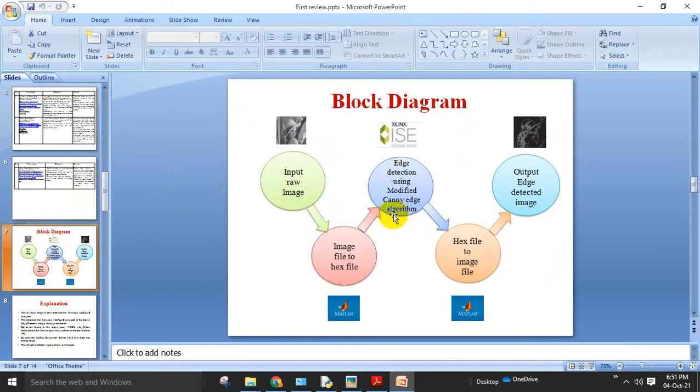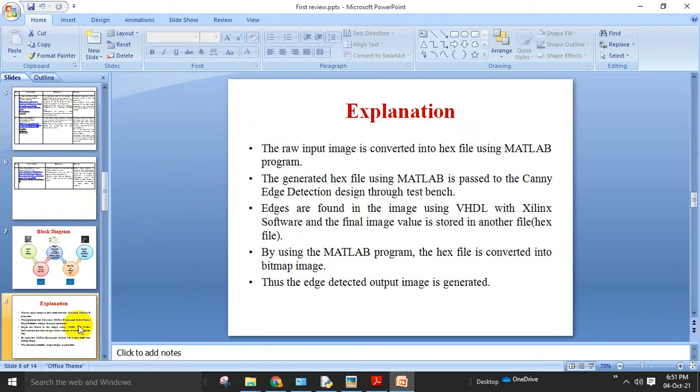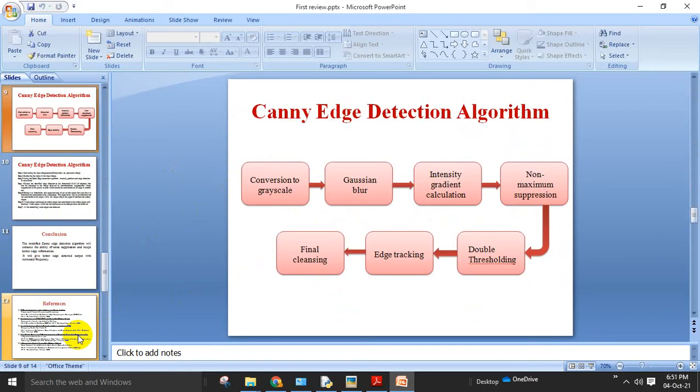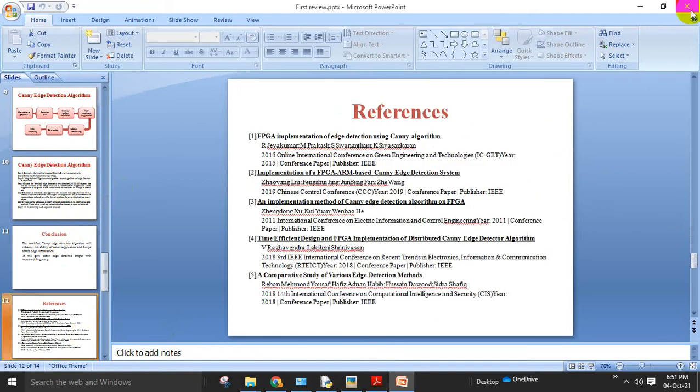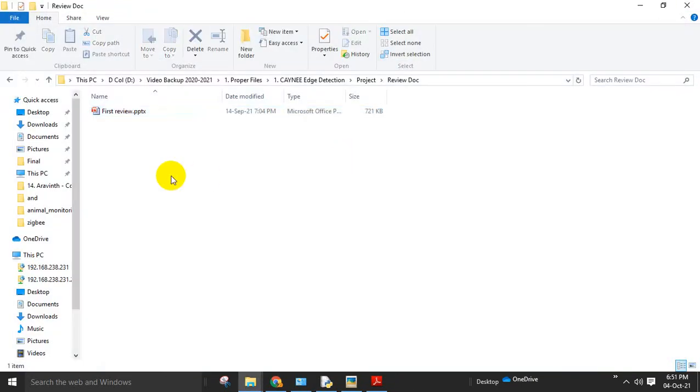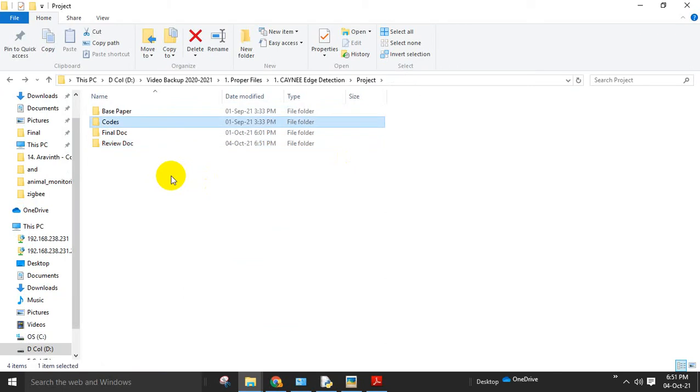I explained the block diagram, and the explanation of how edge detection should be done is given here. The Canny edge detection algorithm is explained, the conclusion is given, and the references are given. So this is the initial zeroth review material, and then the code part follows.